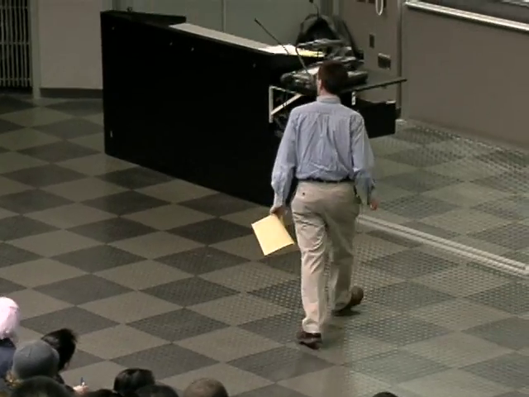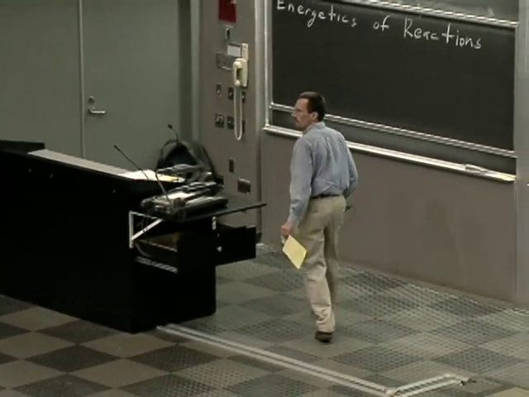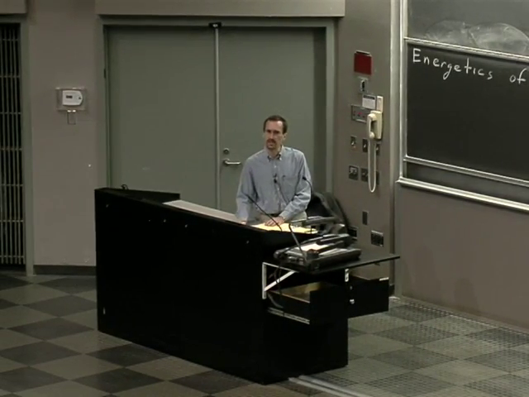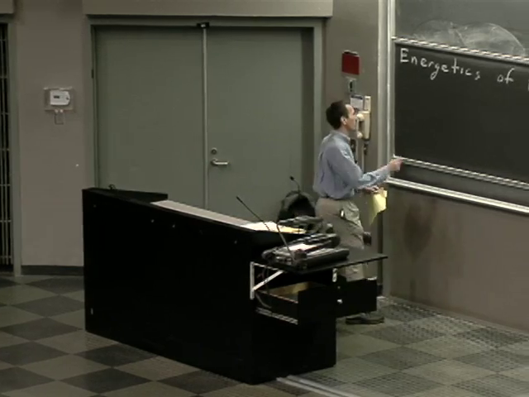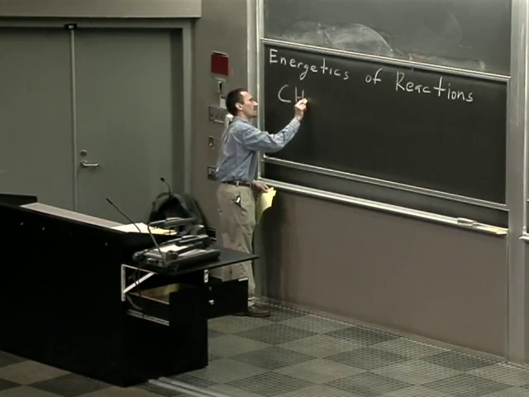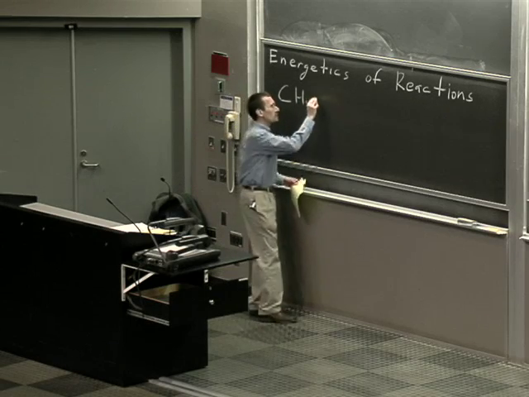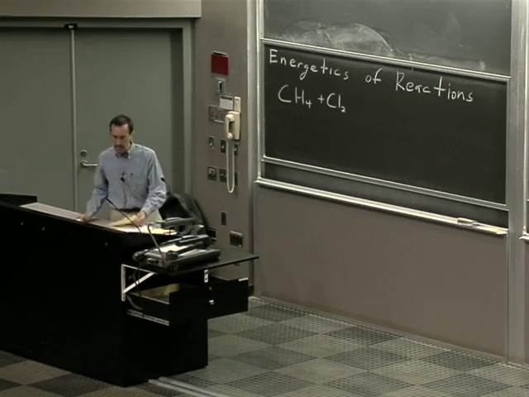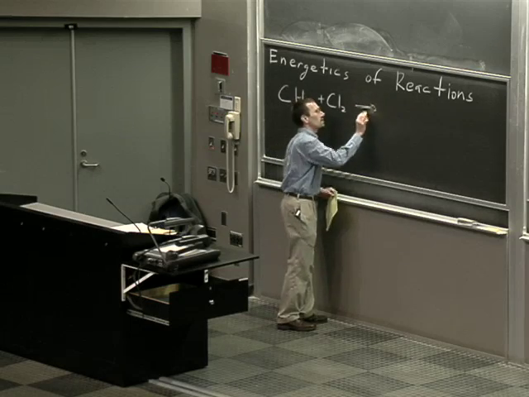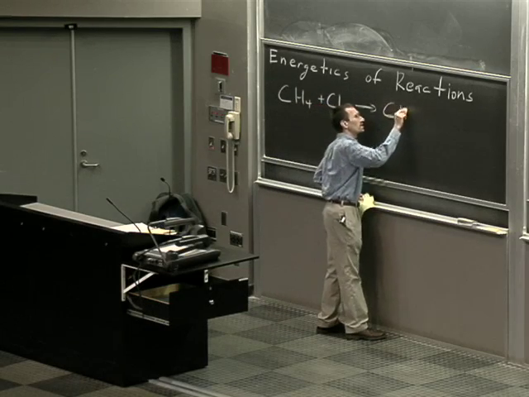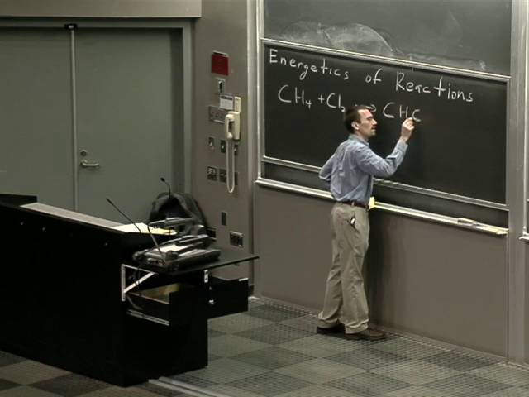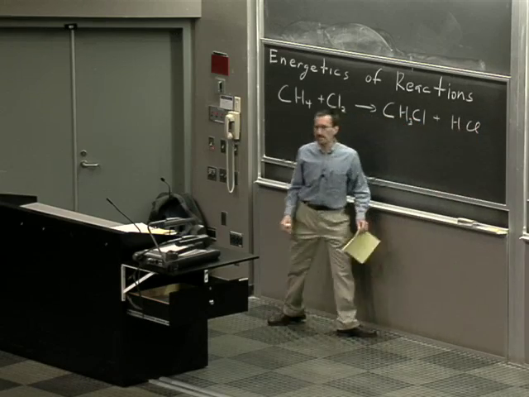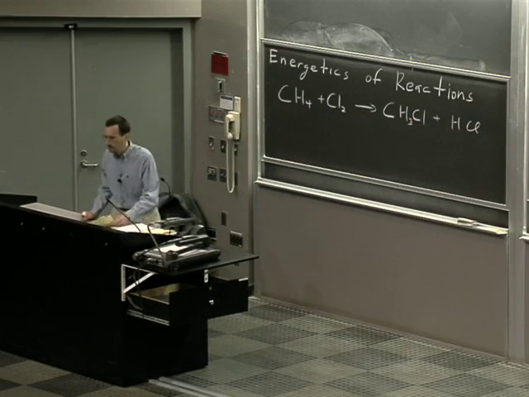But let's start by looking at a very simple reaction, the chlorination of methane, and see if we can make some sense of the energy, or more specifically, the enthalpy of the reaction. So if you take methane, CH4, and you mix it with chlorine, they're both gases, and usually this is done in the presence of some heat or light. I'll talk more about that in a moment. You can get chloromethane and HCl. And I'd like to take a moment to talk about the energy of this reaction.